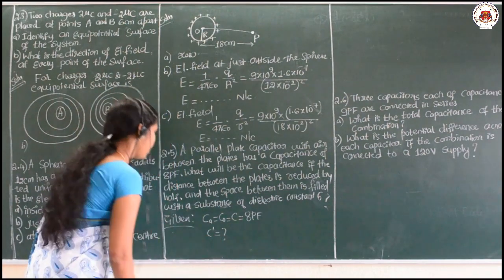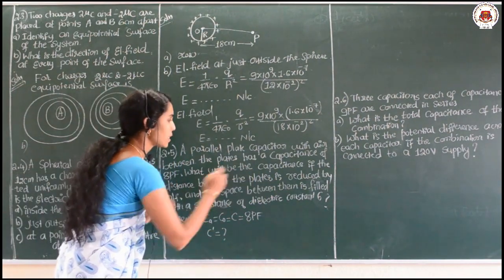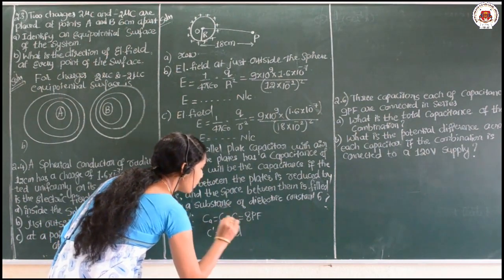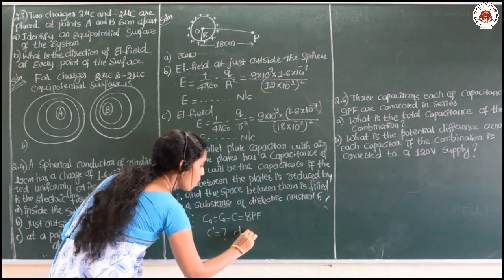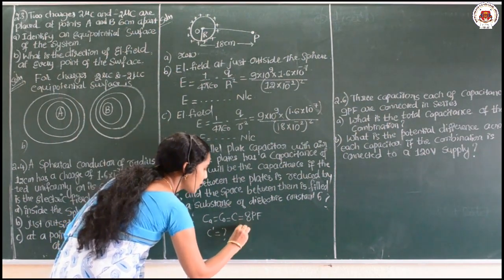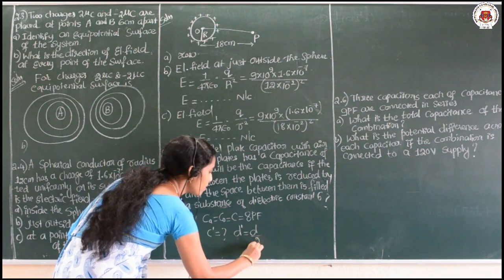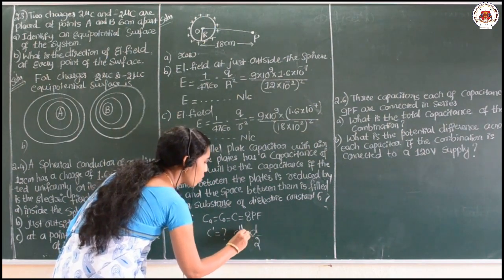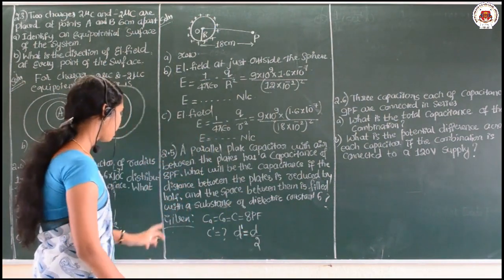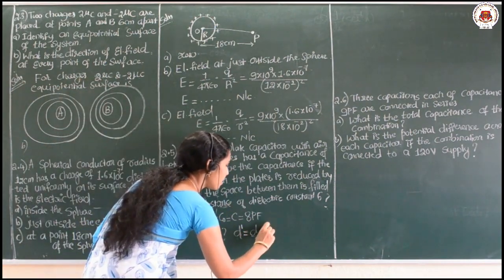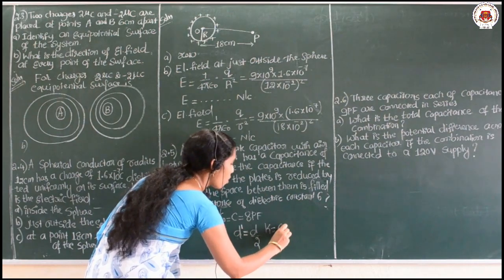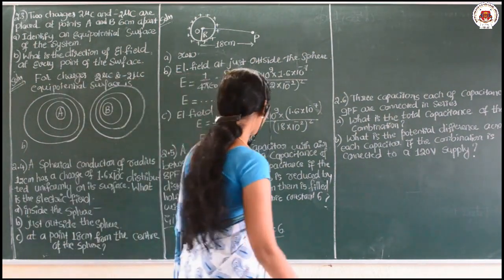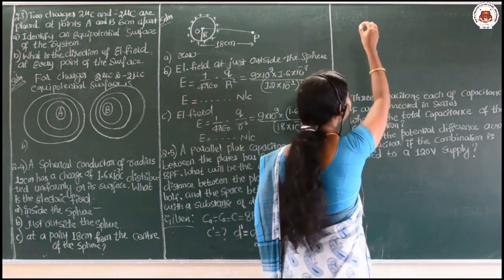The condition mentioned here is that the distance between the plates is reduced, meaning in the beginning the distance was d, now the distance is reduced to d by 2, the new distance d dash is equal to d by 2, okay. And there is a dielectric medium of dielectric constant 6, right. So, using the formula,